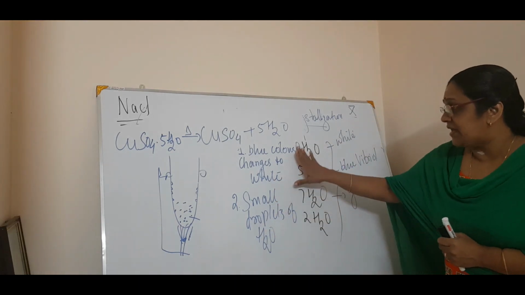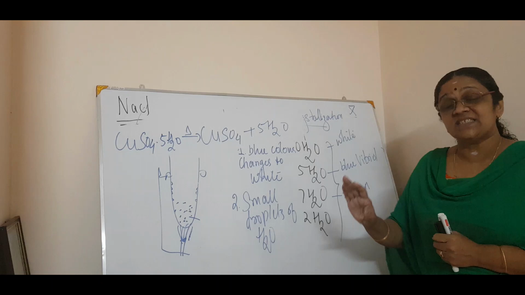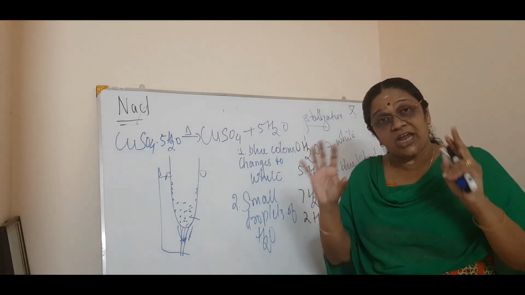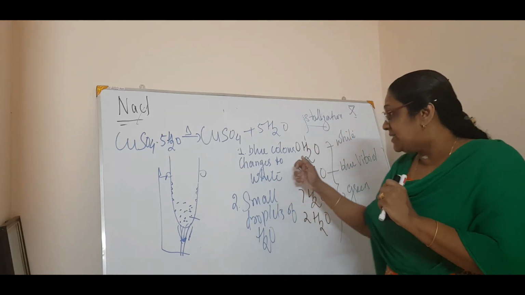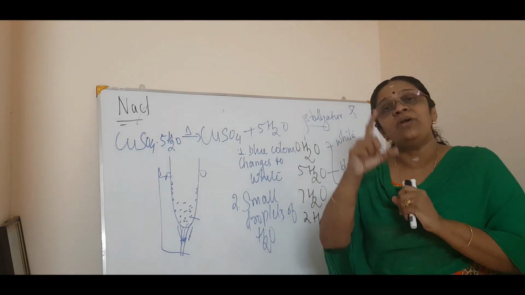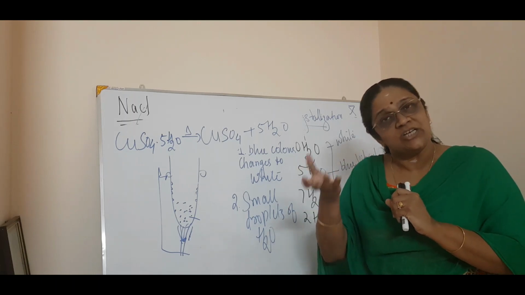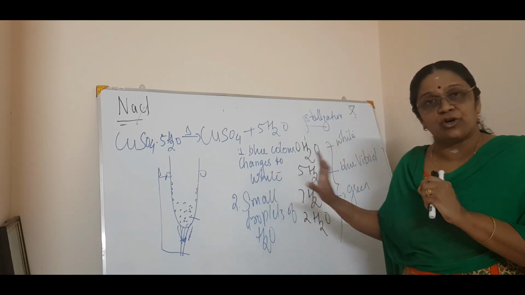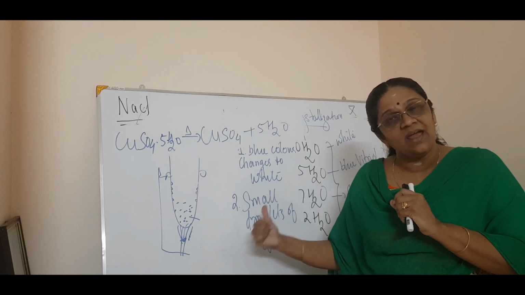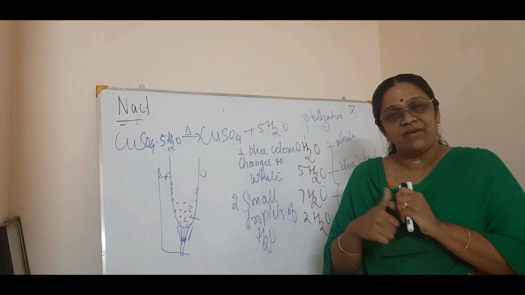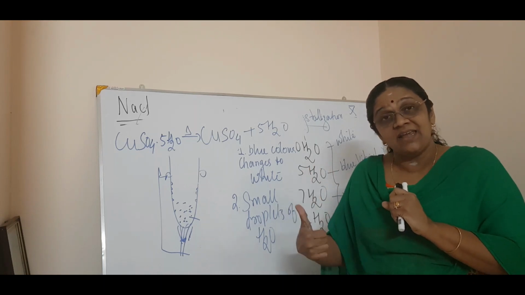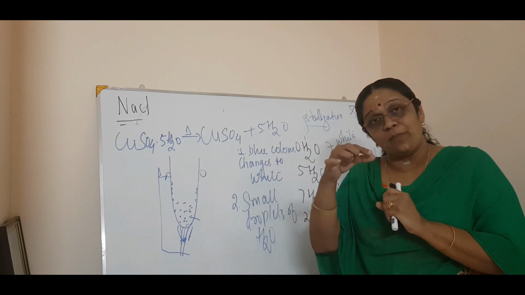Now you know what is crystallization. Okay. That means it is not in a liquid form, it is in a crystal form, that solid form. In order to give a particular shape for a compound, these crystals are very, very important. Okay, these crystals give the compound a specific shape. That is geometry. Geometry means what? Shape. Okay, so that is the importance of water of crystallization. Now you can get an idea of why these compounds are dry and not wet. Isn't it? Wet means it will be a liquid state. But is the water of crystallization in liquid state? No. It is exactly in a solid state. Isn't it? Crystals. To form the crystals.